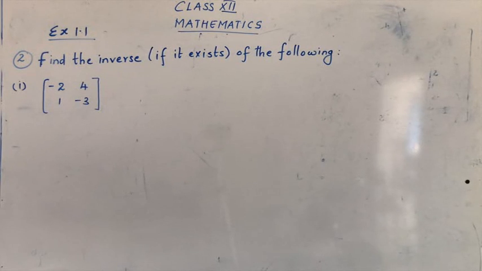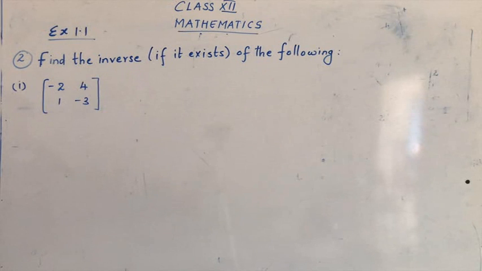Okay, let's go with our next continuation. We have seen exercise 1.1 first question and we have done all the three subparts from that. Now we are going to go to sum number 2. Under sum number 2, we are going to see the first subpart. Okay, let's see what's the second question.